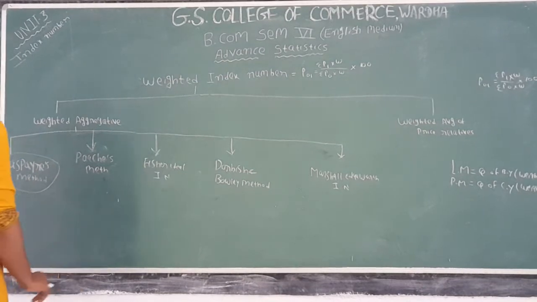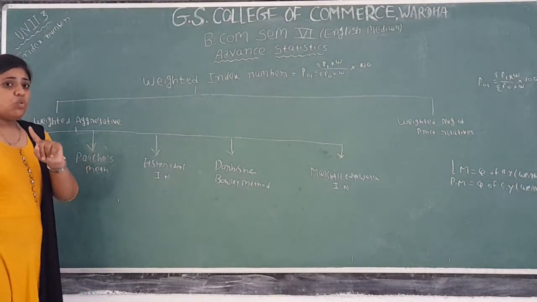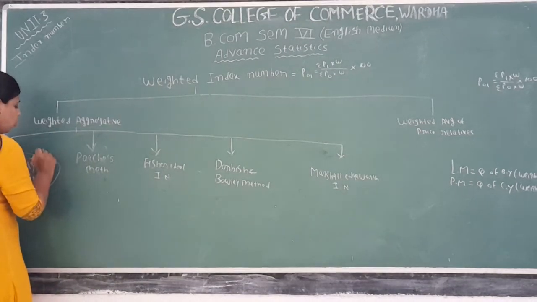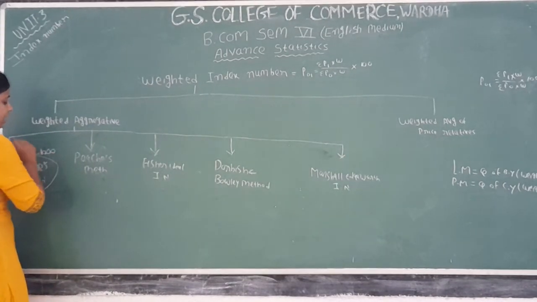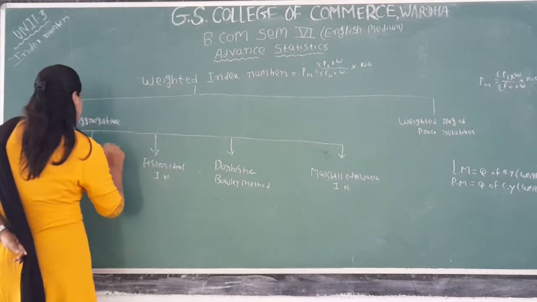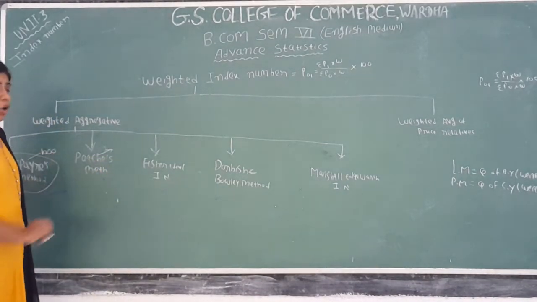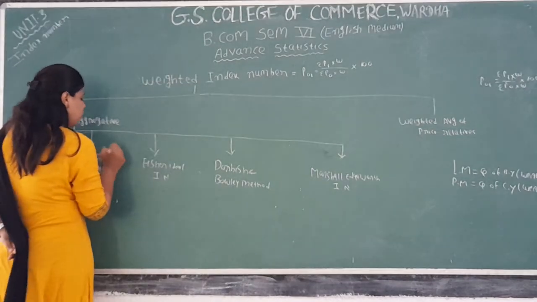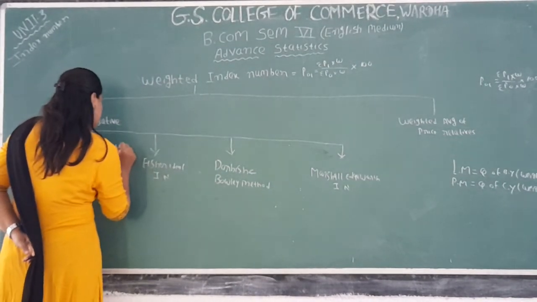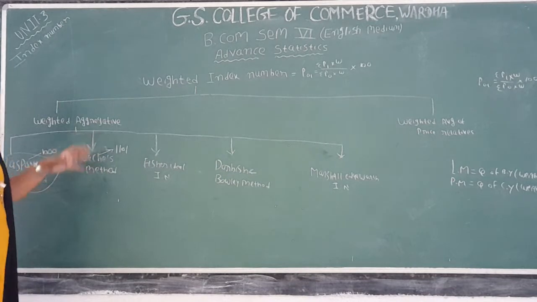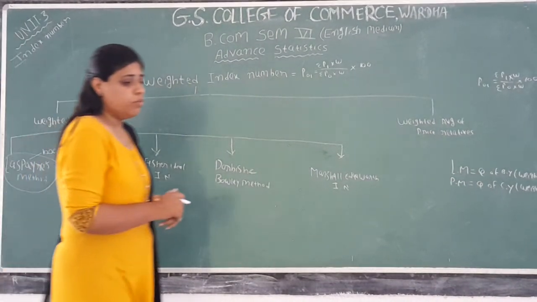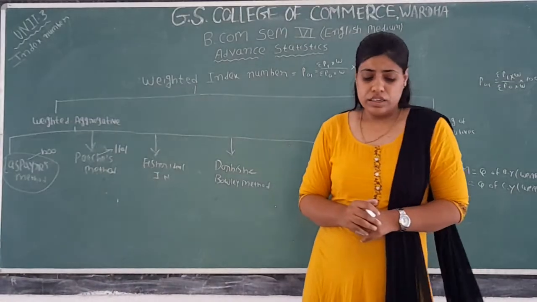So here, keep one thing in mind. Whenever you are solving the Laspeyres method, you need to remember one amount, that is 1000 rupees. And when you are solving the problem by using Paasche's method, you need to remember one amount, that is 1101. Why? We are going to see it further in the formula. Okay, let's see what is the formula for the Laspeyres method. So it is